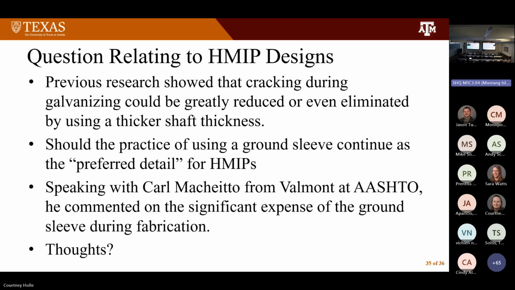Again, anybody who might know of any cost structures or traffic signal poles or anything that are coming down, please reach out to David Fish. He is the point of contact for that research, and he can get that information to Dr. Holle.